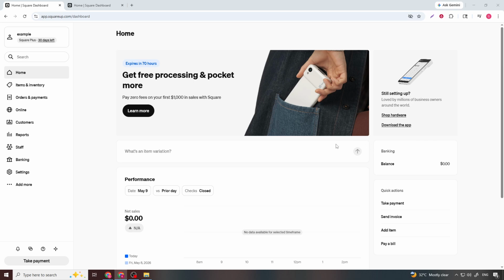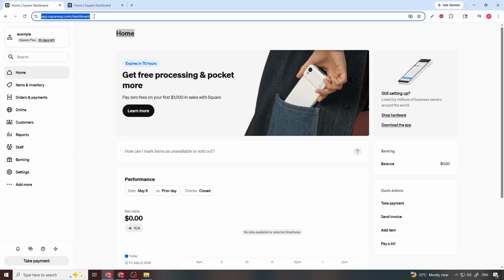In today's video, I will walk you through how to link a bank account in Square. To get started, you'll need to sign in to your Square account. Once you're signed in, you'll be taken to your main business dashboard, where all your payment and account settings are